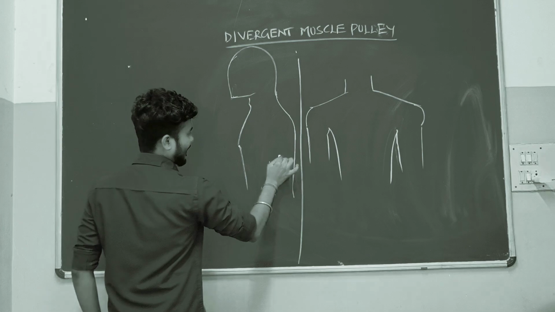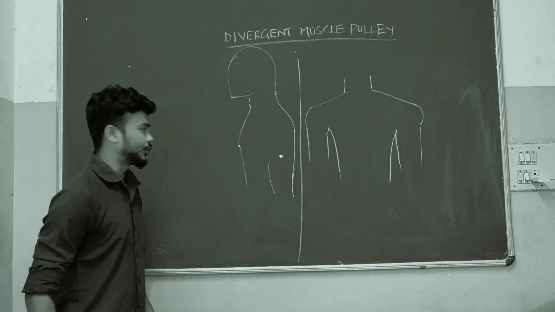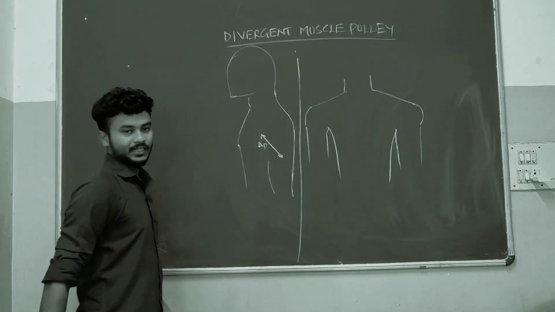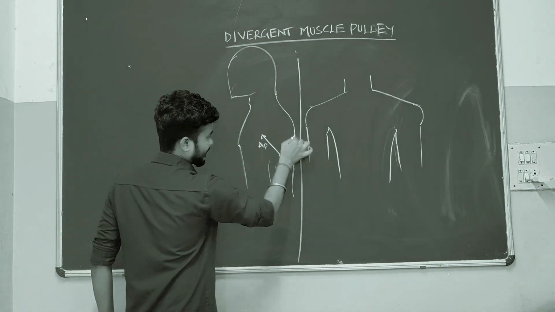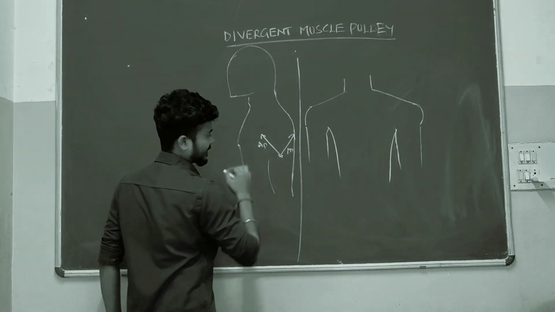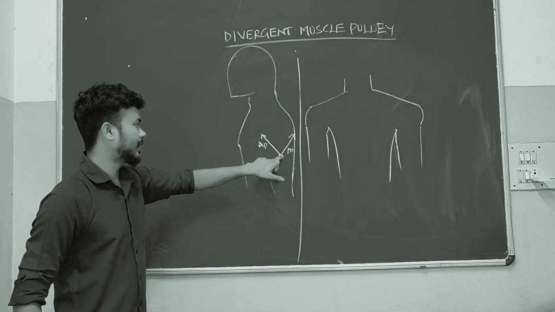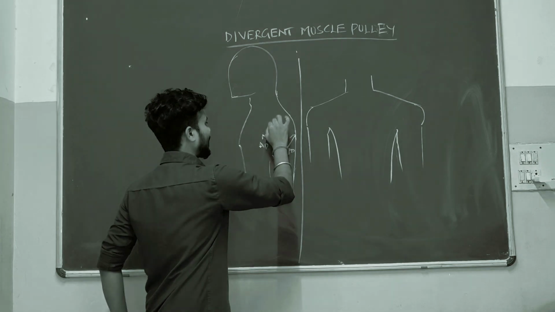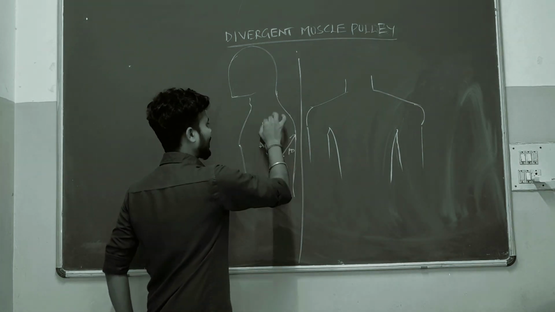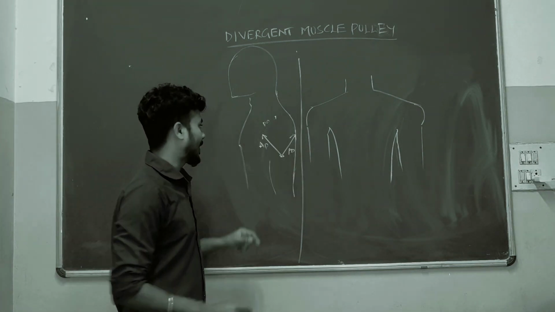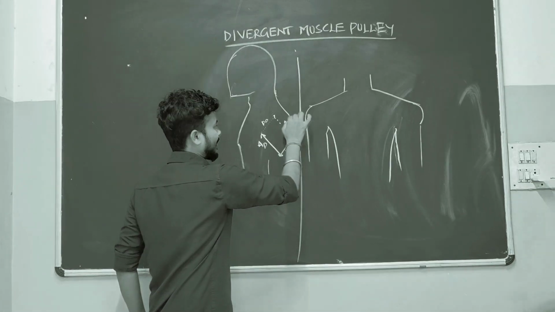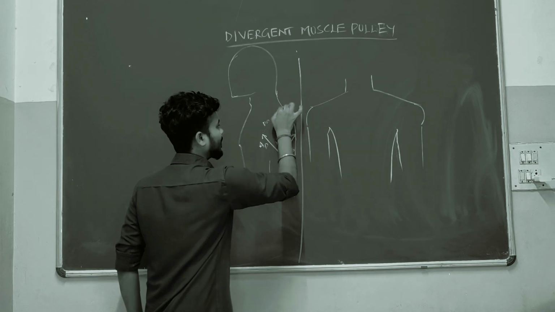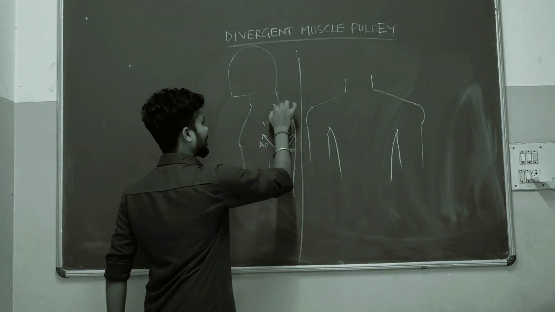Here we will have the deltoid muscle insertion over the deltoid tuberosity. This is the anterior deltoid direction. This is the posterior deltoid direction. According to the concurrent force system, I am going to draw one force parallel to the posterior deltoid and one force parallel to the anterior deltoid. The resultant force will form in a diagonal shape. This is the resultant.